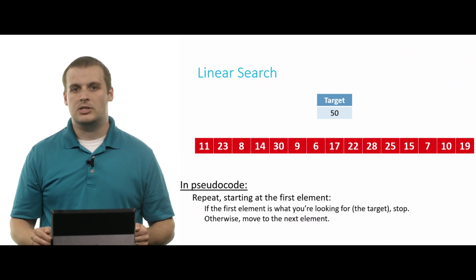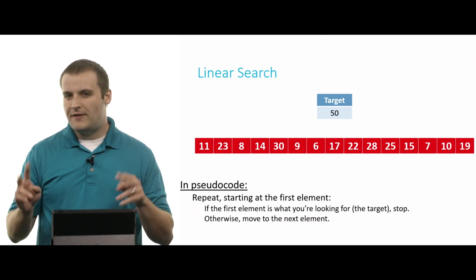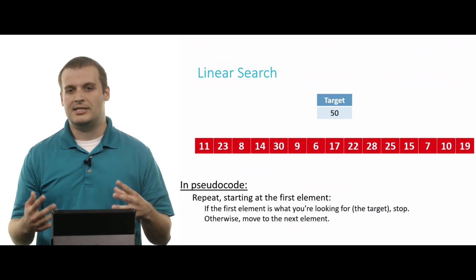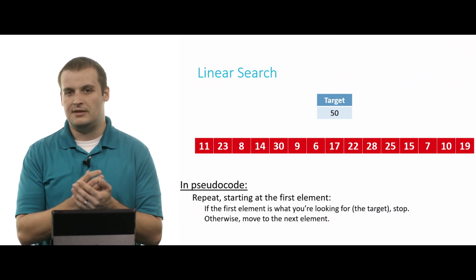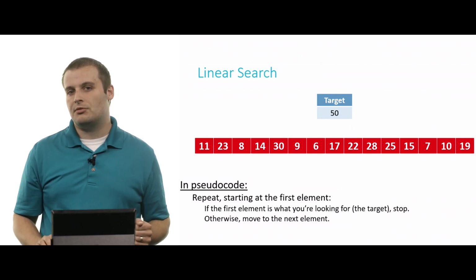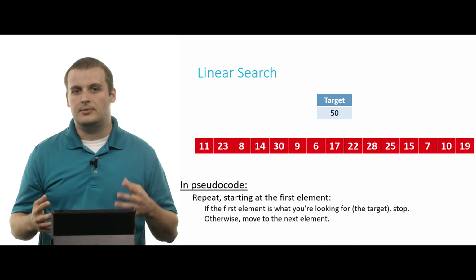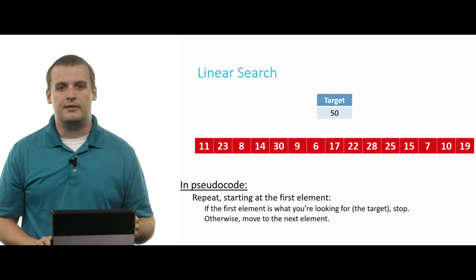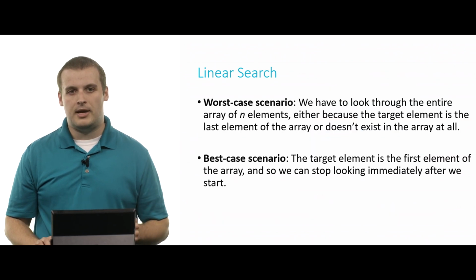Only once we've done that and come up short can we conclude that 50 is not in the array. And so the linear search algorithm, well, it failed per se, but not in the sense that it was unsuccessful in doing what we asked it to do. It was unsuccessful inasmuch as it didn't find 50, but 50 wasn't in the array. But we have exhaustively searched through every single element. And so while we didn't find anything, linear search still succeeds even if the element is not in the array.